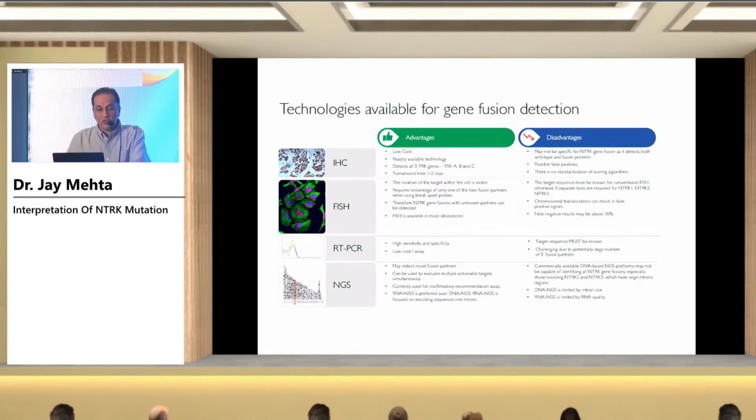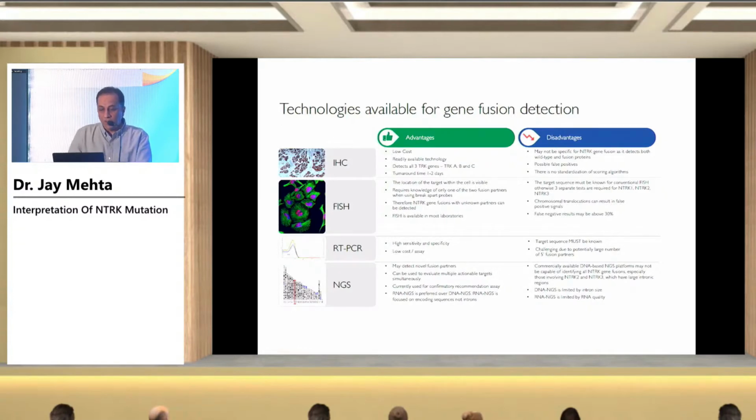As far as NGS goes, it will detect all possible fusion partners. It can be used to evaluate multiple actionable targets simultaneously, so it's useful. It gives you information beyond NTRK also. RNA NGS is preferred over the DNA because in RNA you don't have the introns, so you have more chances